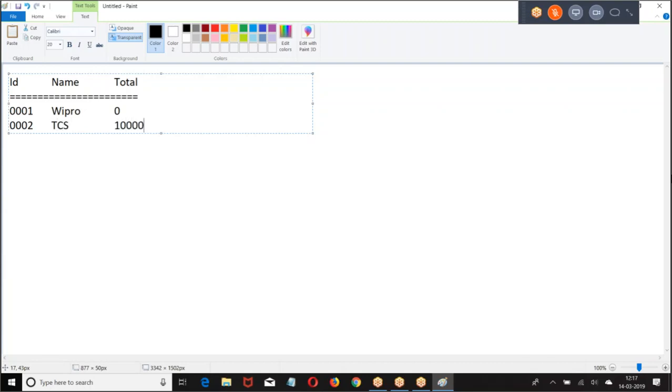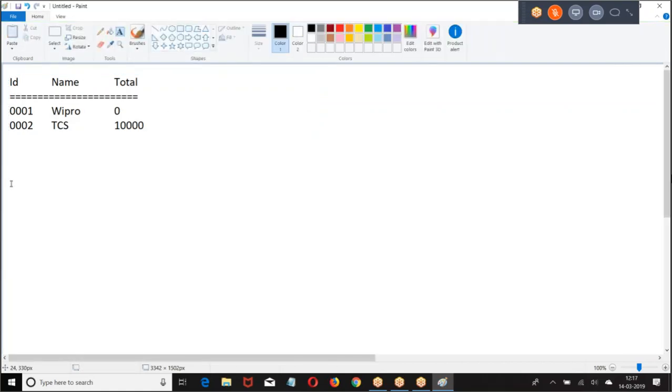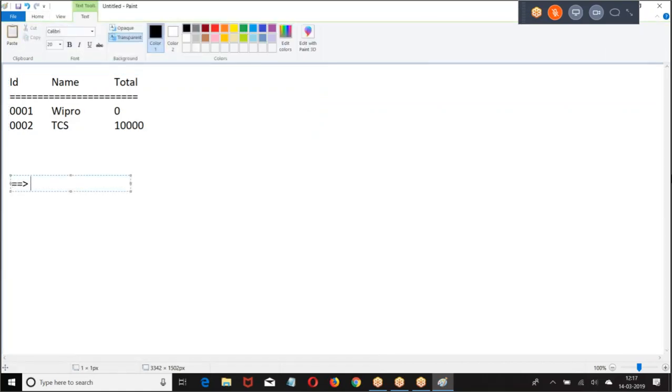This is the parent data we have. Now, I was trying to insert the following records.